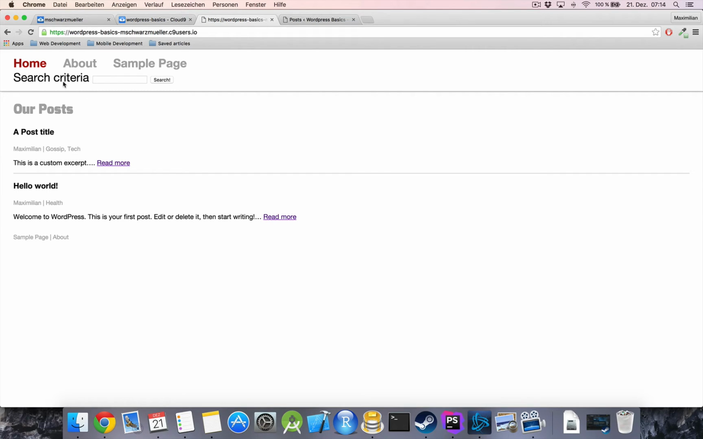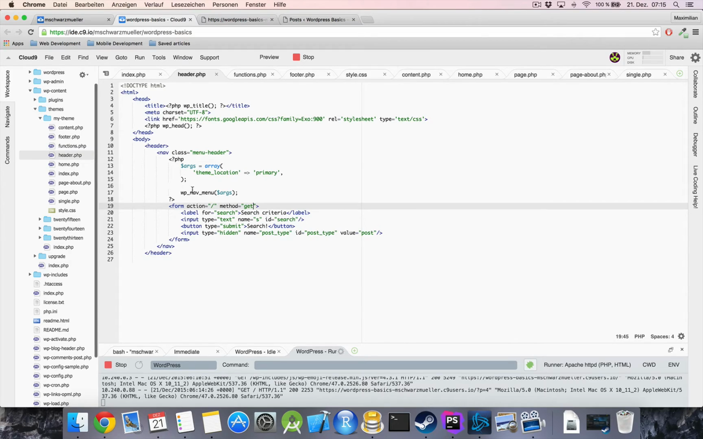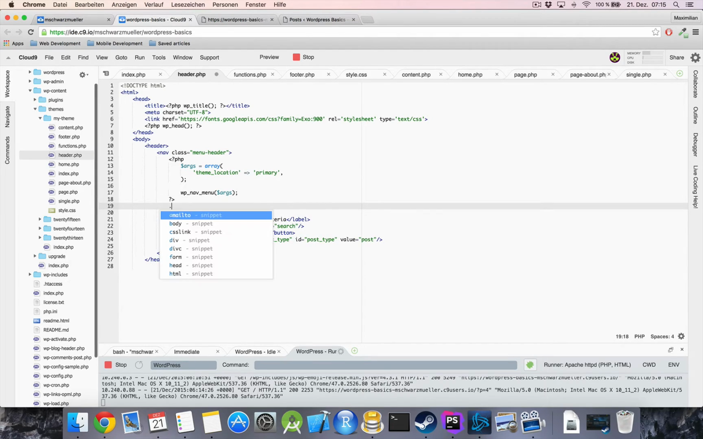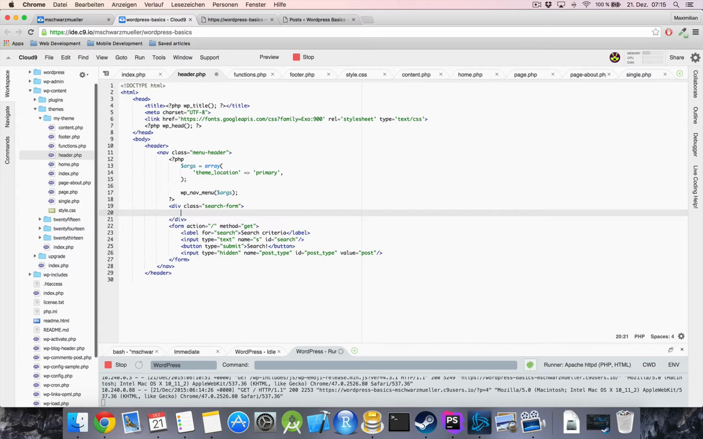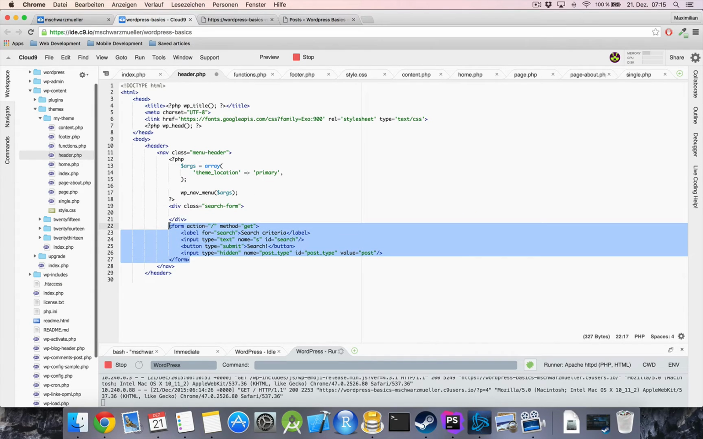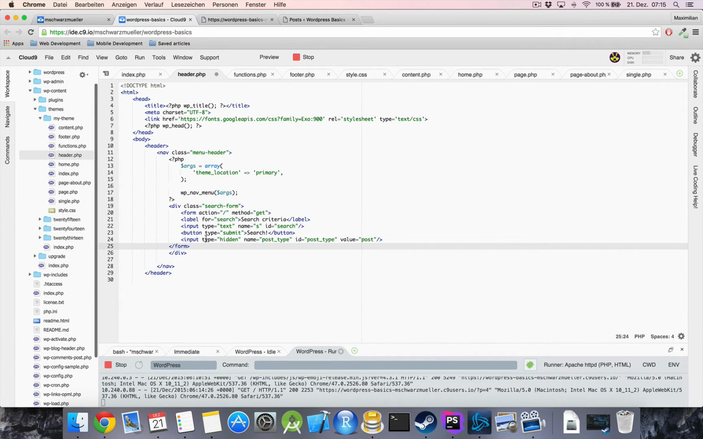Now the last thing I'm going to do is clean up the styling here, right? So I just create a little wrapper here. Search form will be the name of this class. So search form, just cut everything and paste it inside here,